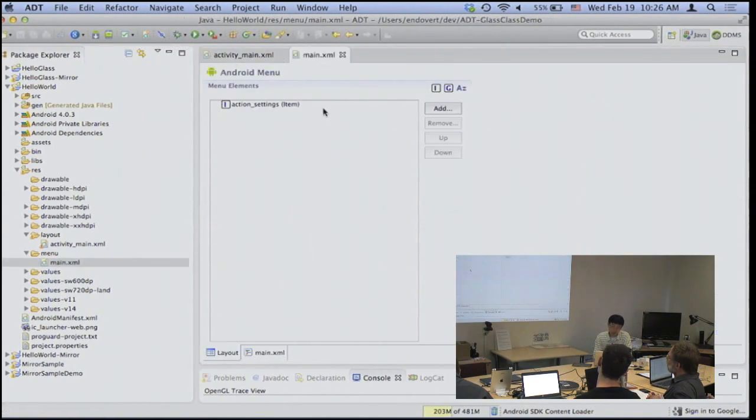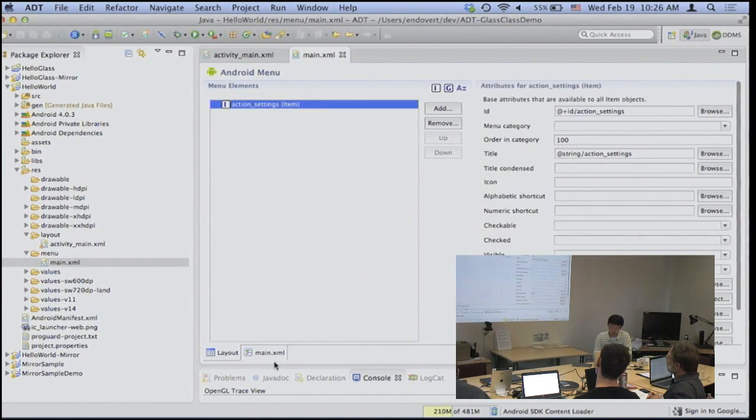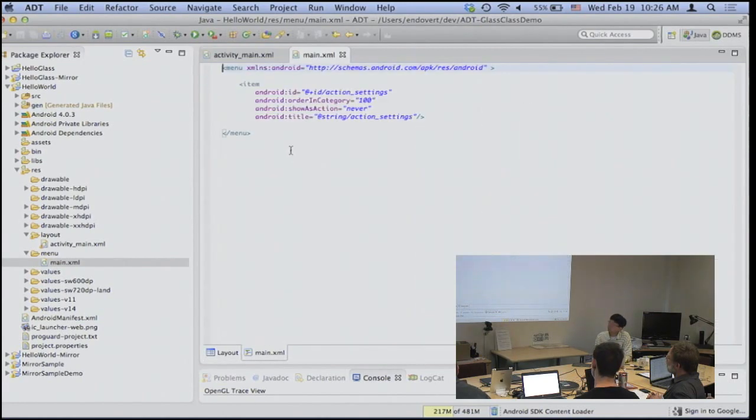And if you open it up, it's again an XML file. Android SDK kindly provides you a GUI to edit them, but I personally prefer editing the XML file because it's much cleaner to look at. So as you can see here, these are all defined in XML, and it's quite similar to the layout resource as well. It has an ID so that you can refer to it in your code. And you can have a title. In this case, it's referring to a string resource, but you can pretty much type in whatever